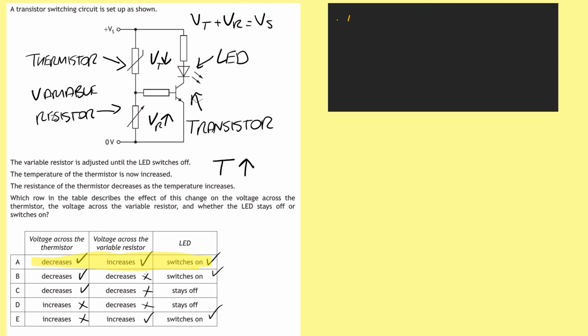So temperature goes up. Resistance of the thermistor goes down. Voltage across the thermistor goes down. Voltage across the variable resistor goes up. Voltage across the transistor is also going to go up. And the LED is on. And that's because at the point where the voltage across the transistor goes up, the transistor